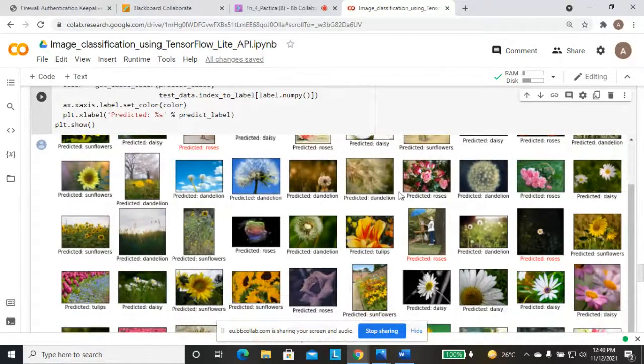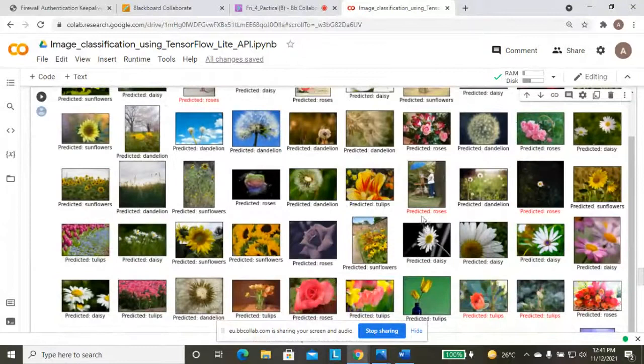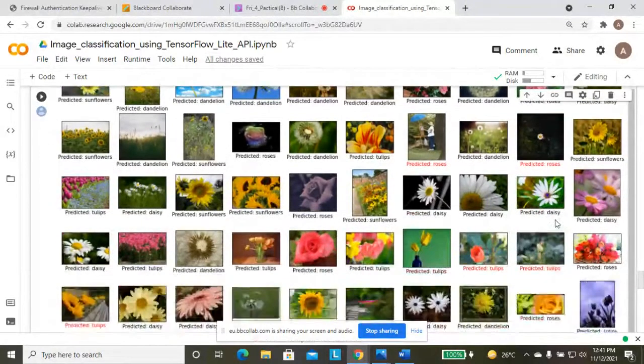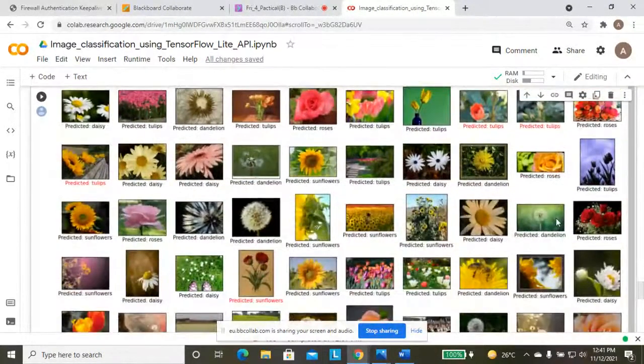All black ones are right predictions, and the red one is a wrong prediction. It is an image of some human being, so it was predicted as rose. That is why it is a wrong prediction and it is shown in red. Another one is some other flower, and it is predicted as rose, so there is a mismatch and it is red.